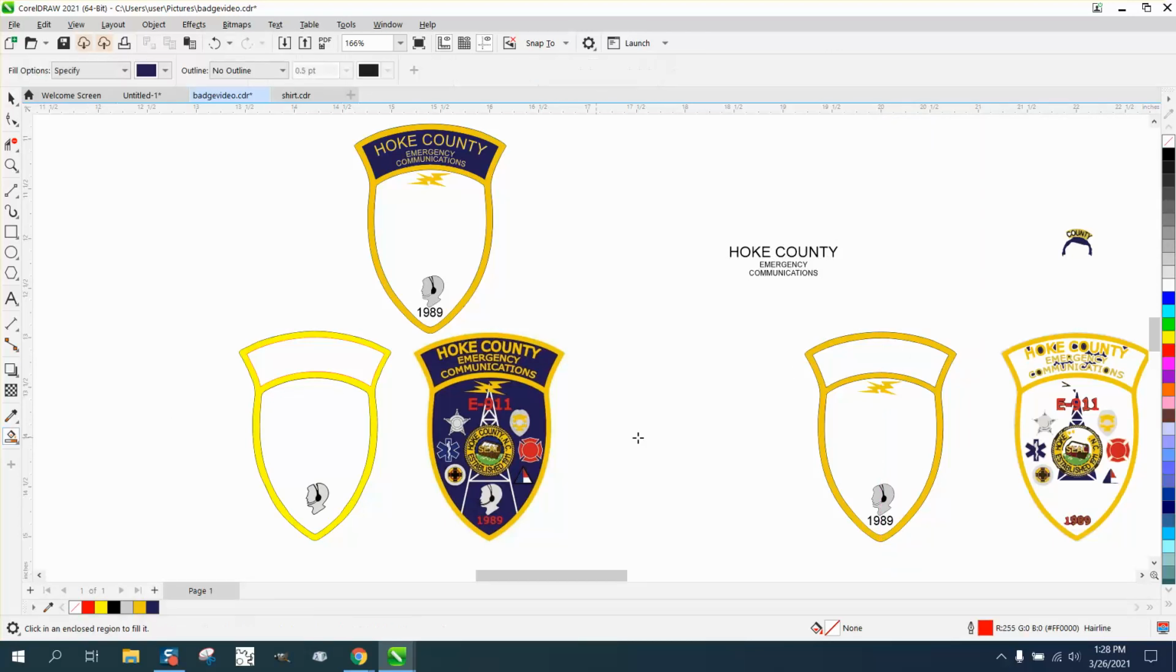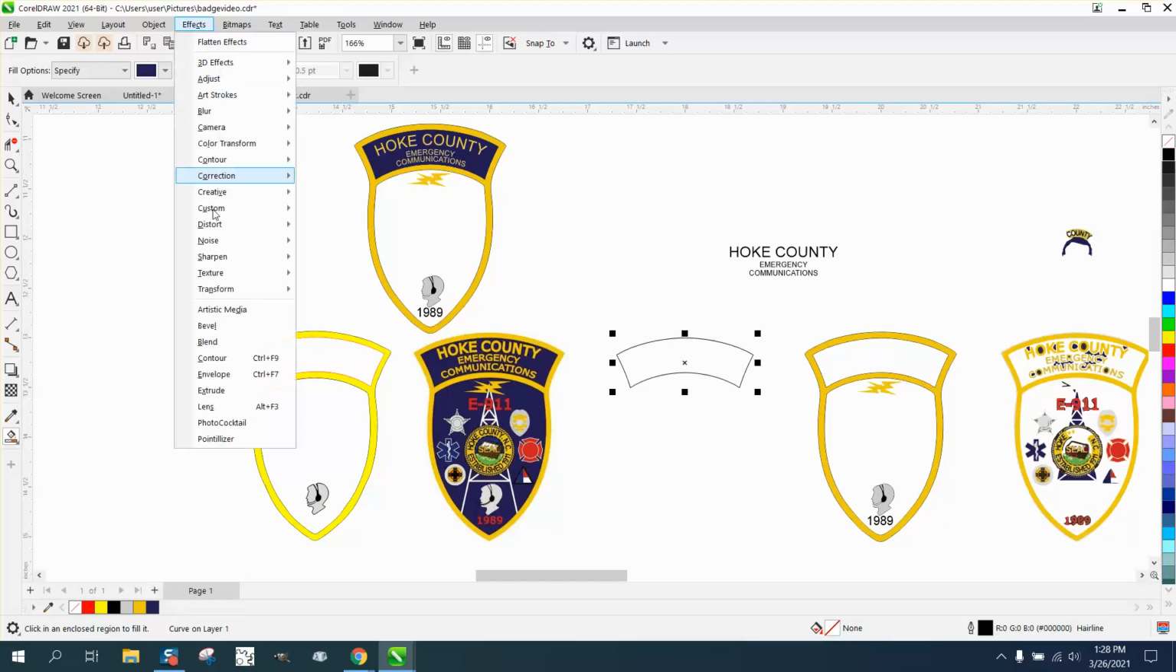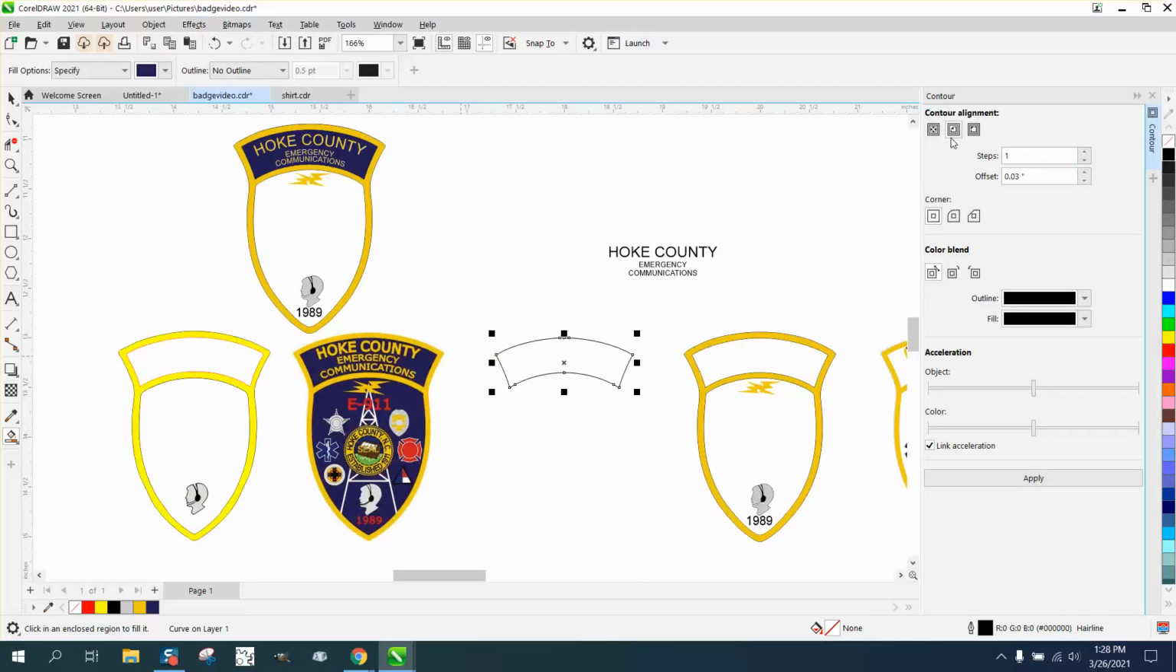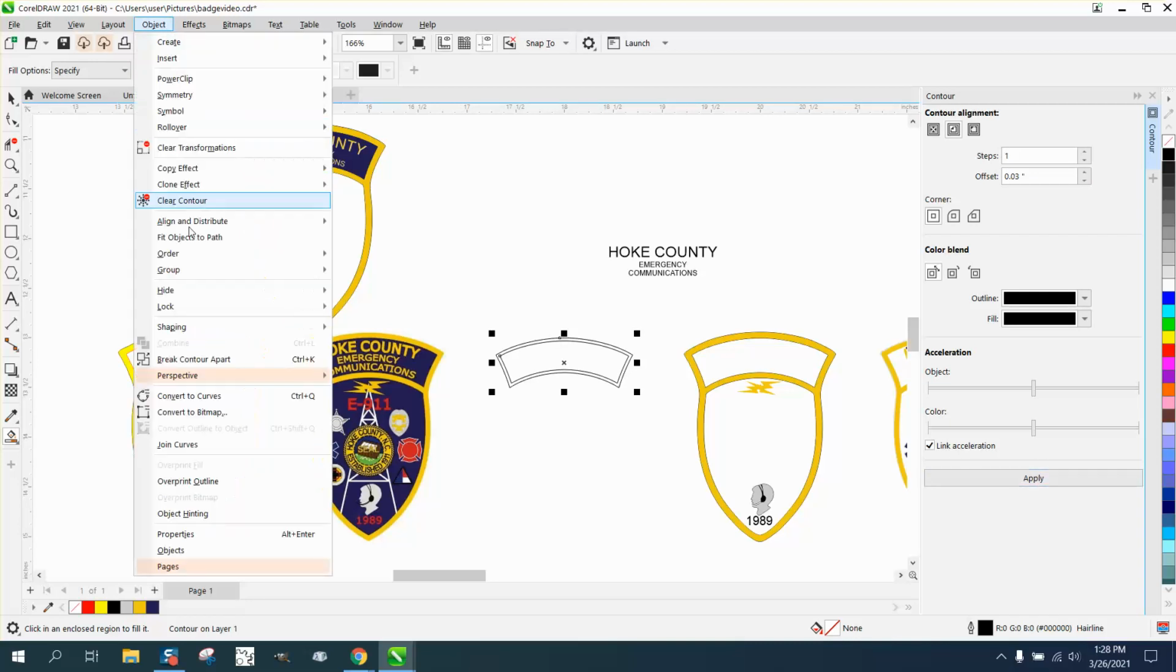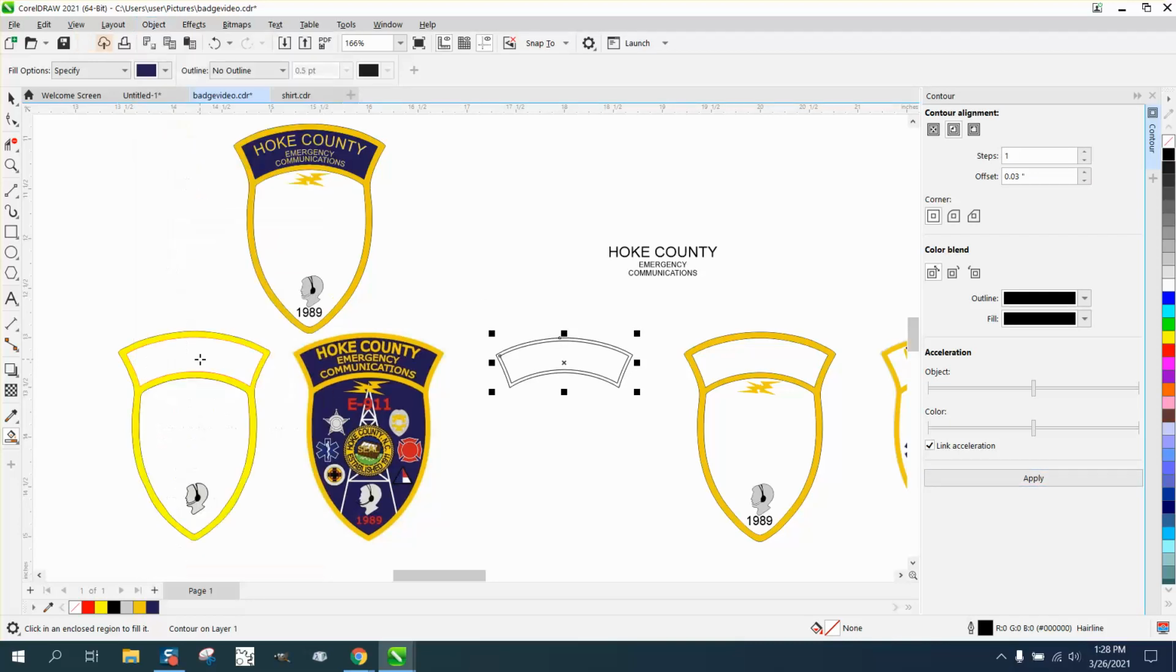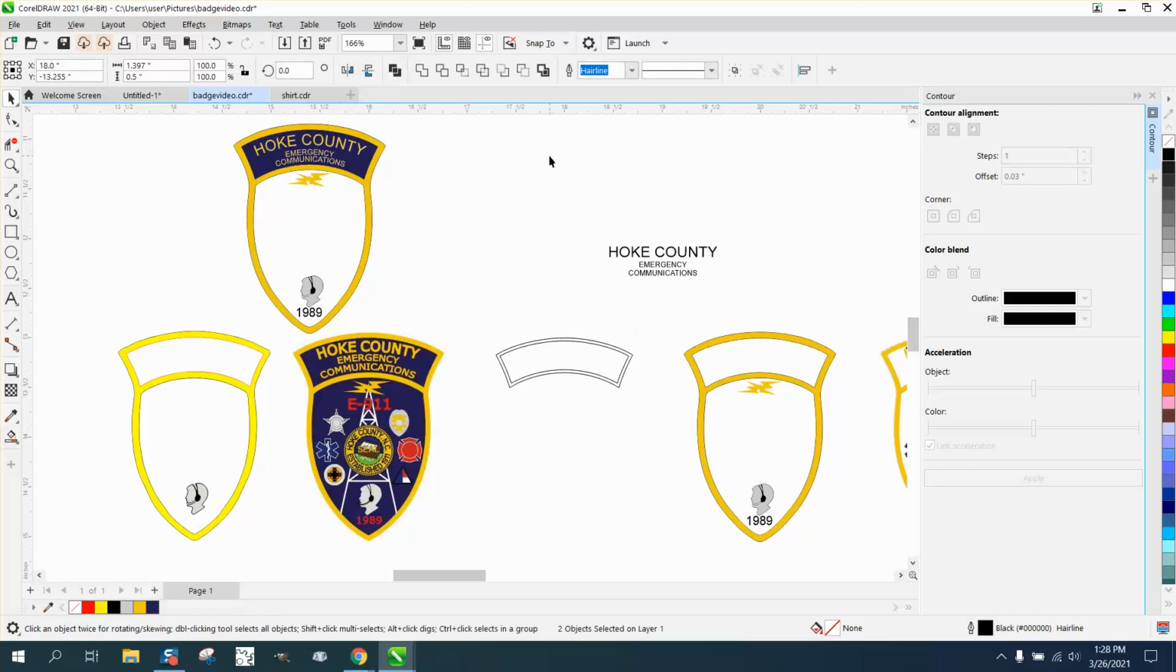Well, take the Smart Fill tool and fill that in. I've still got my nudge distance set good, so I'm going to left-click, right-click. I'm going to go up to Effects and Contour. I'm going to contour to the inside 0.03. That's going to give us a little bit of buffer. I'm going to go to Object, break contour apart, and then I'm going to grab the outside contour and nudge